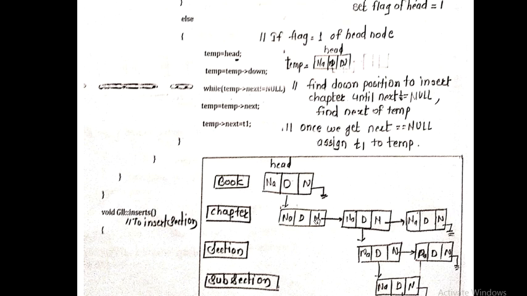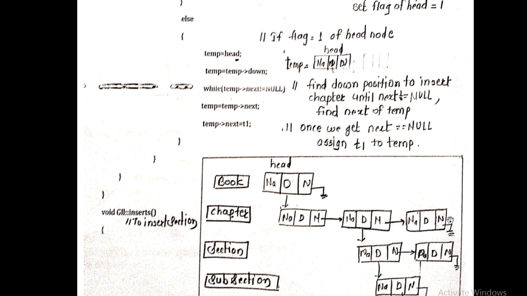We'll check whether the next field of that first node is null. No, it is again having the next node. So I will move toward the next node. Now my temp is the second node. Again I will check whether the next of this temp node is null. No, it is again having the next node. So again my temp is shifted to this, and we'll check whether the next field of this chapter is empty. Yes, it is null. So now insert that node over here.